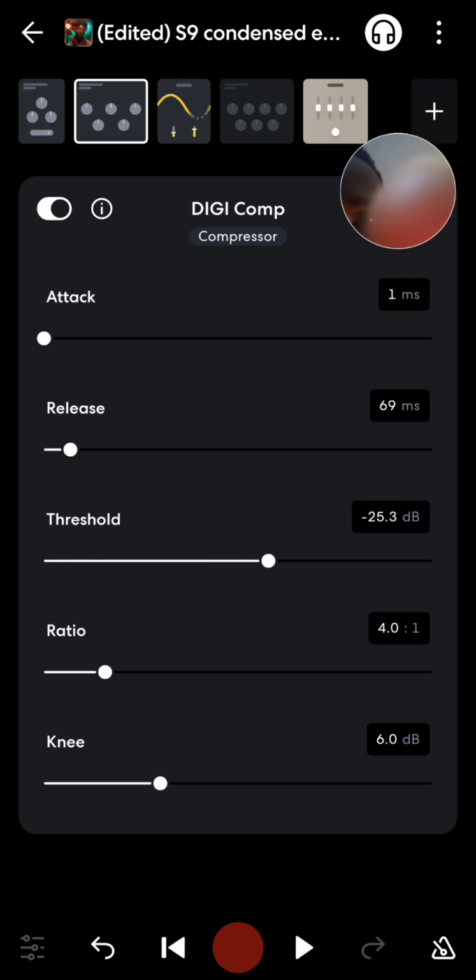Now, what is the release doing? The release is telling the compressor when to stop working. Now, if you set a fast release, what are you doing to the compressor? You are telling the compression to stop working as soon as possible. So, it's as stupid as not even putting a compressor,